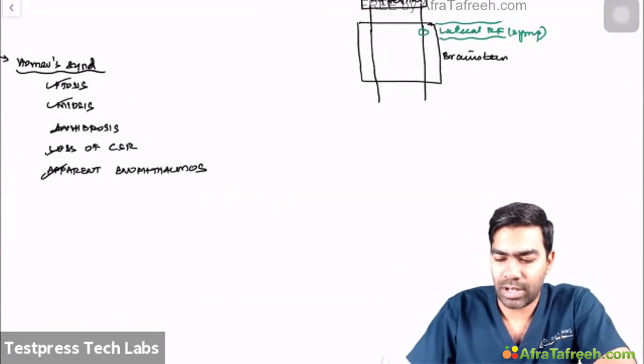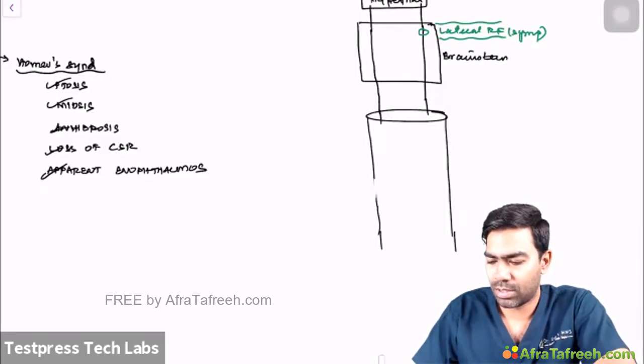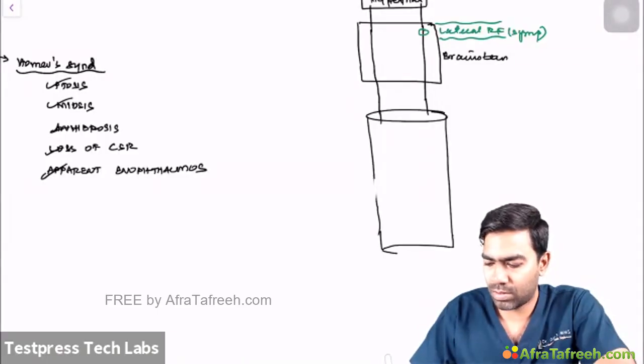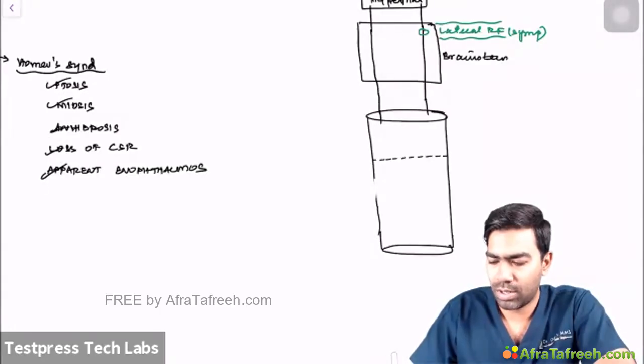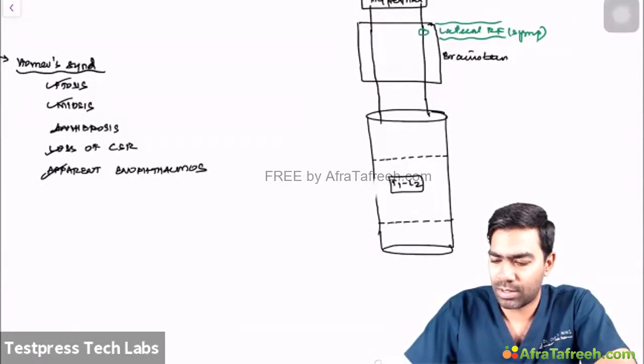And once they reach the spinal cord, let me draw the spinal cord as a tubular structure here. Once they descend down in the spinal cord, there is a particular zone. We know what that particular area is. This is called the T1 to L2. That's the thoracolumbar outflow region. So from the thoracolumbar outflow region, they are going to synapse